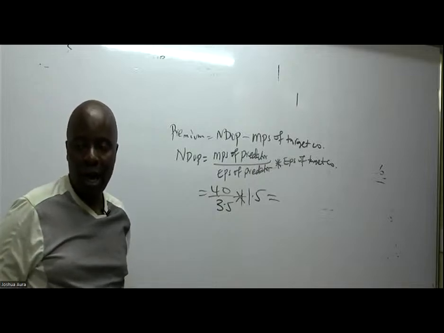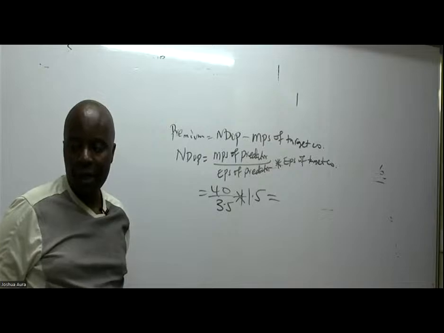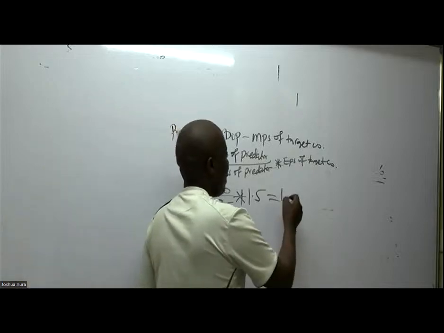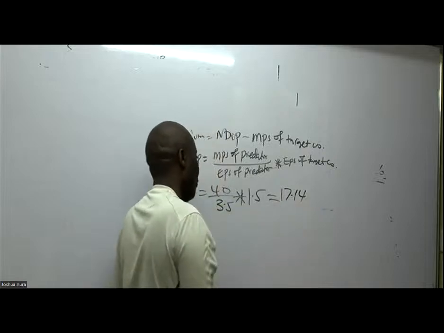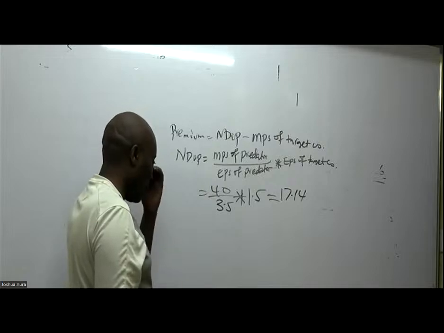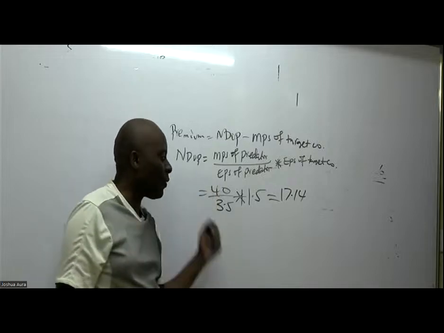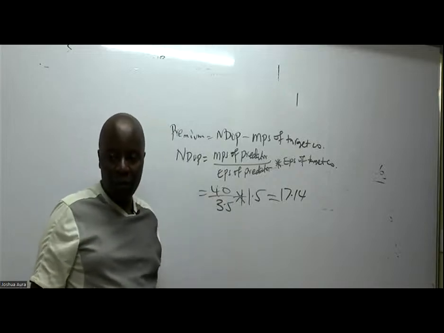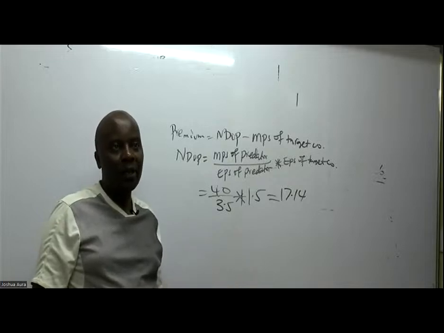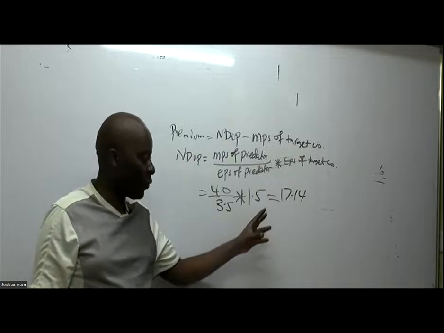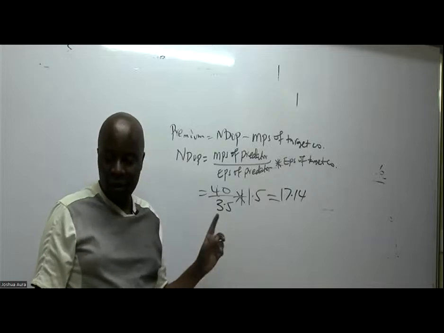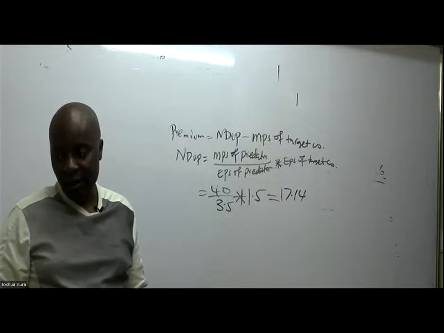40 over 3.5 times 1.5, they are getting 17.14. Non-diluting offer price is 17.14. Is there somebody who can give me this figure in form of a fraction? Of course, for DOP, I can leave it like that. Is there somebody who can give me this figure from your calculator? Say 40 divided by 3.5 times 1.5 equals,